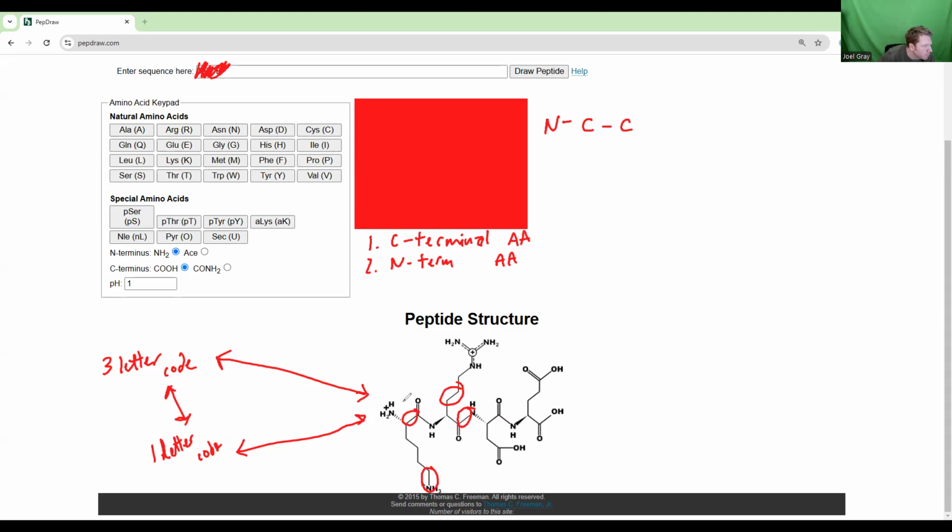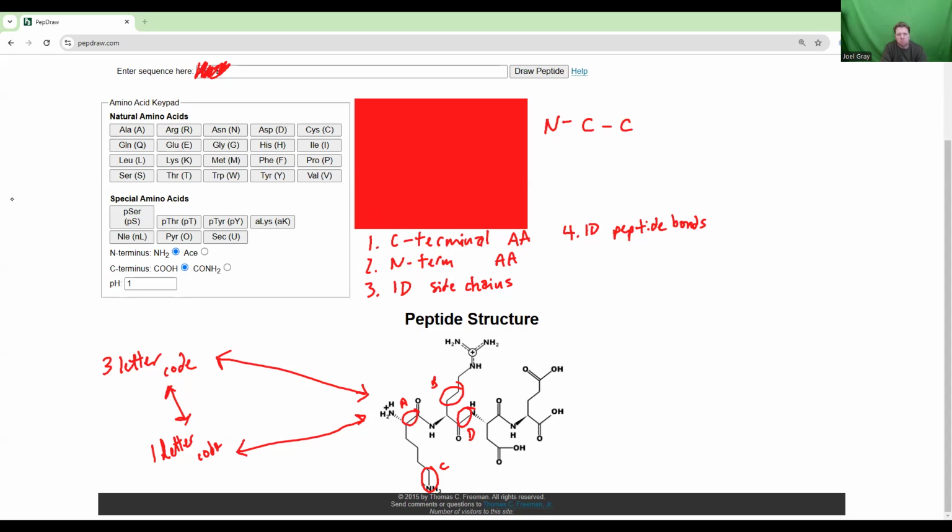And then I'll label them A, B, C, D. Identify side chains. 4, identify peptide bonds. Okay. So if I give you a structure of a molecule like I've got right here,